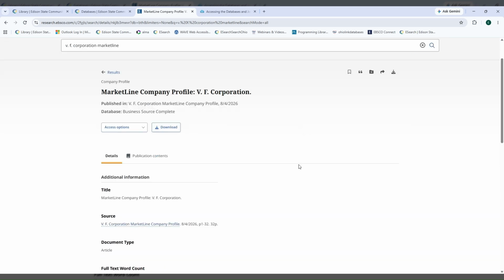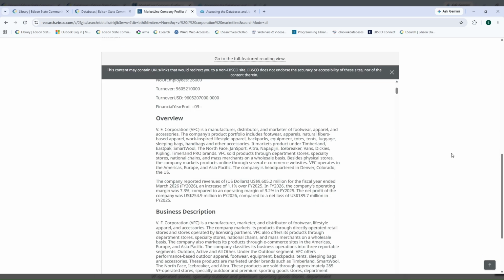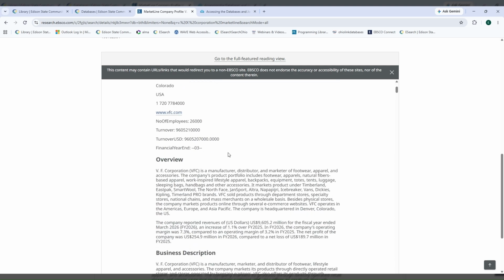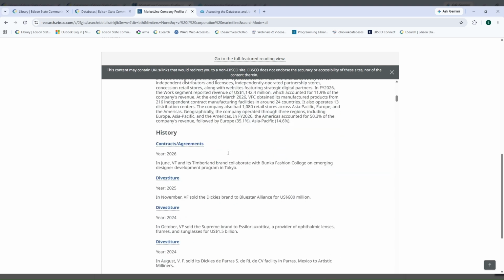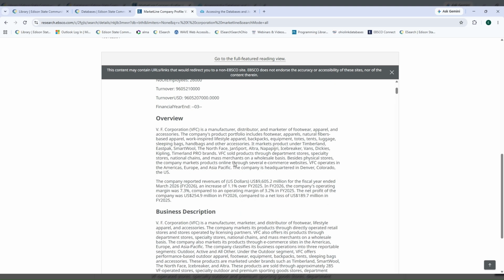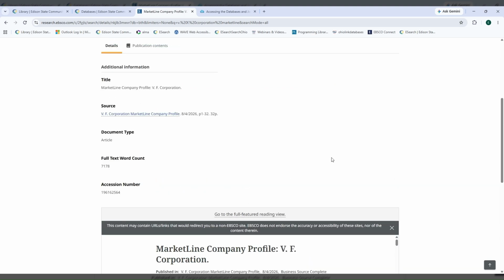Now, again, for the specific assignment that I'm going over, you do need to read some of these. Some of the information that you're looking for is in the beginning. Other portions of it are going to be in different sections of it. So, on the assignment, it asks for specific questions to be answered using the MarketLine report, and the other one was the Hoover's company report, which I will now show you